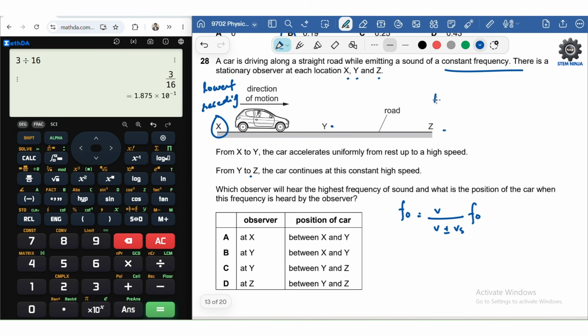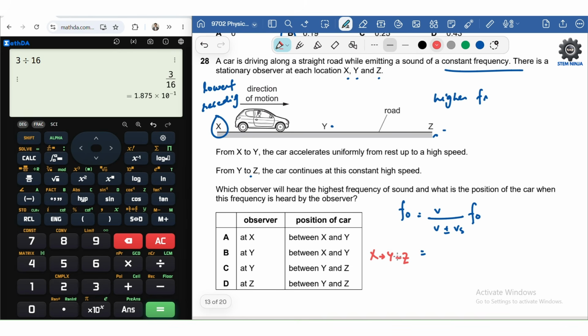But these two, they will hear higher frequency. But which one of them would be highest? So it's accelerating between x to y, and then from y to z, it's moving at a constant speed. Okay? So from x to y, it's gaining that high velocity. Okay? So this thing from x to y, y to z, actually this is fine, x to y